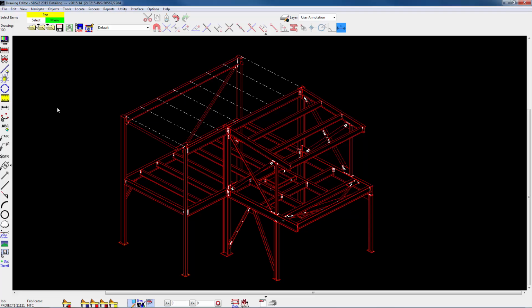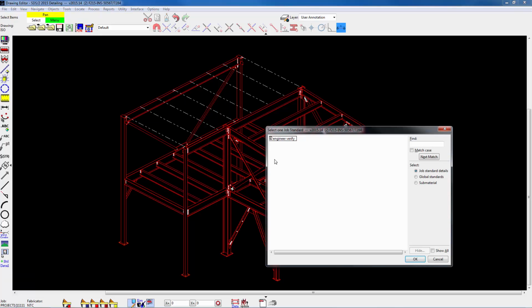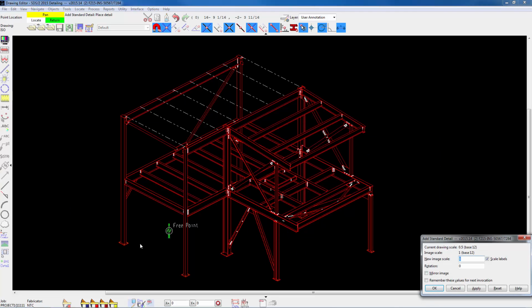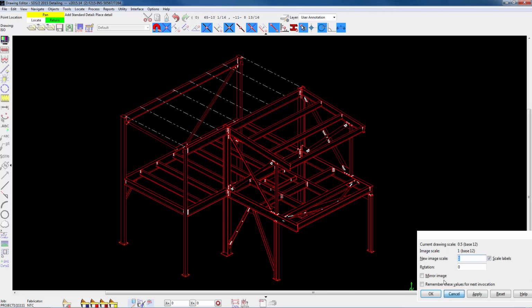let's go into add a standard detail down the bottom here, left hand side, there's add standard detail. Again, the only job standard is our verify, engineer verify, but under global standards there are a couple north options. So if we do north arrow 1, they've got a north arrow 1 that looks like that. I'll hit cancel here